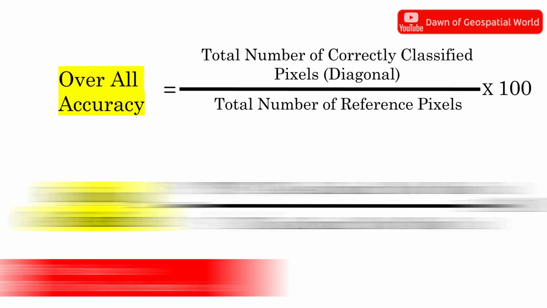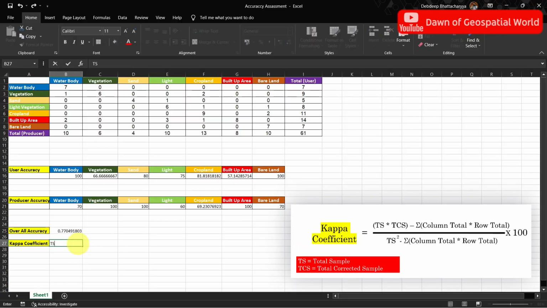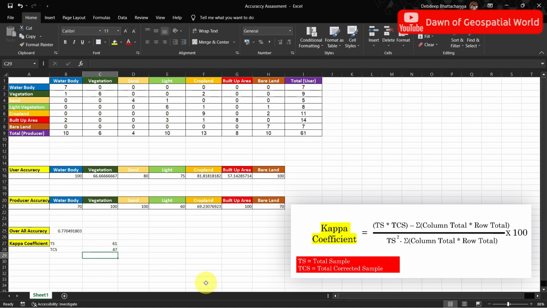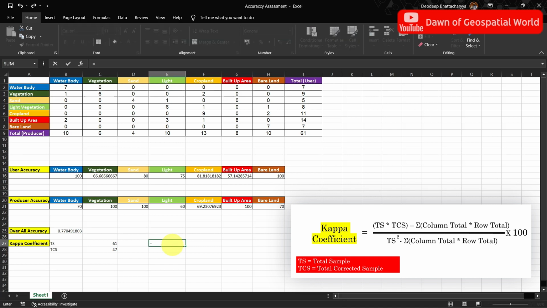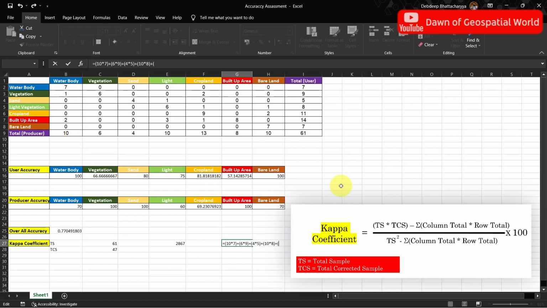Now calculate kappa coefficient. Write the value of total sample points and total corrected sample points. Multiply these two values. Now calculate the sum of column total times row total like this.